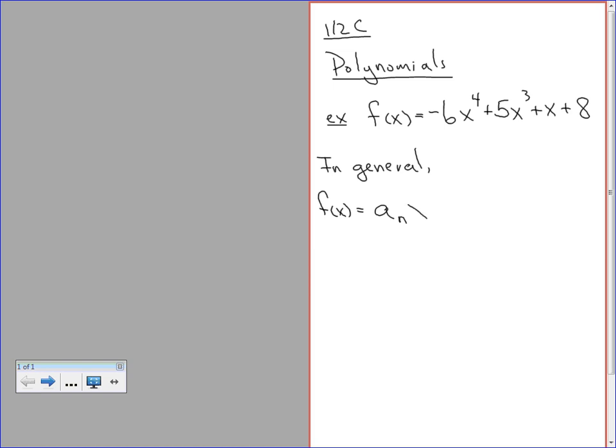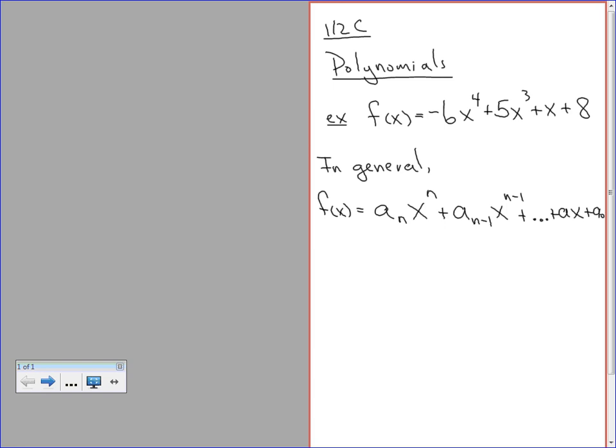And then x to the exponent n. And then to get to the next one less than n, that'll be 1 less. So to get to the next coefficient, I'm just going to subtract 1. And remember that to put it in standard form, the highest exponent has to be the first one, and this is the first one, n's higher. So if n was 8, then the next guy here would be 7, and so on. But every single exponent does not need to be represented in a polynomial function. Like this guy here is missing a 2, that's fine. And then you go all the way down to where you get your single term for x, and then you get to the last term that doesn't even have an